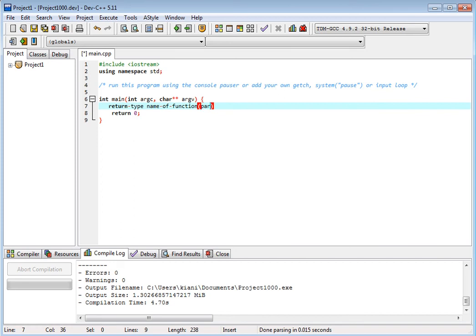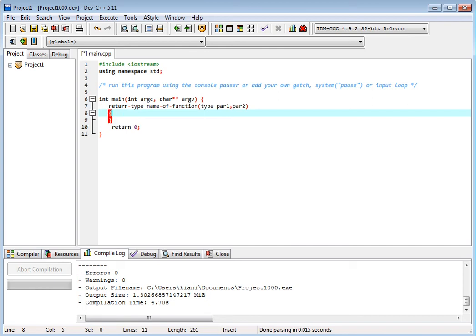Then parameter 1, parameter 2 and parameter n. These are parameters with types. For example, type 1 parameter 1, type 2 parameter 2, type 3 parameter 3. Then we have the body of the function.